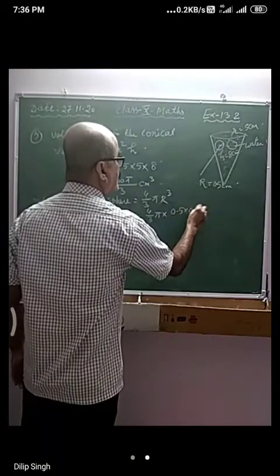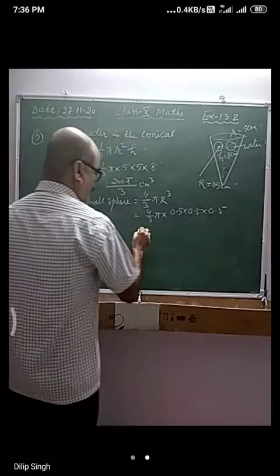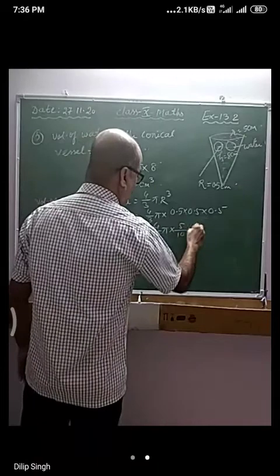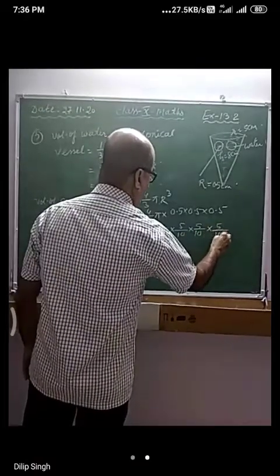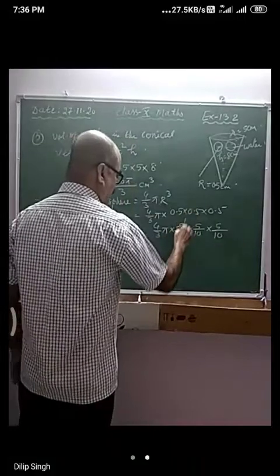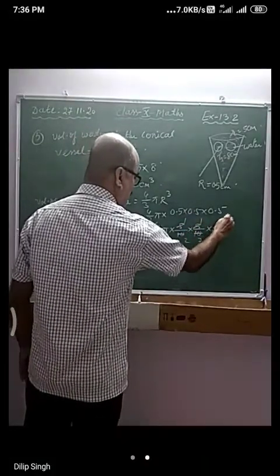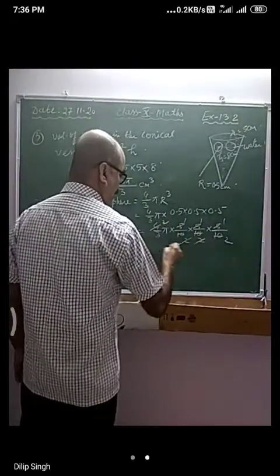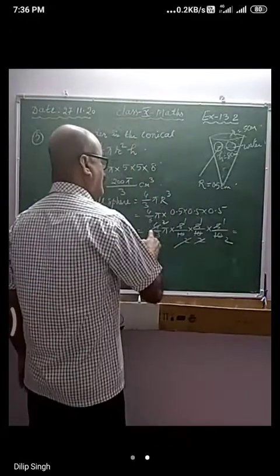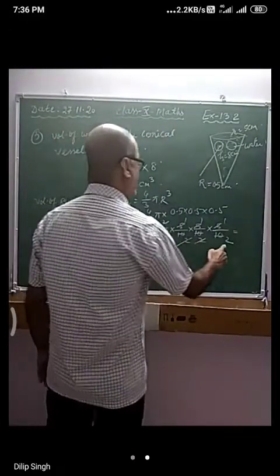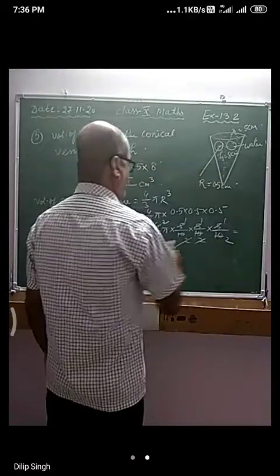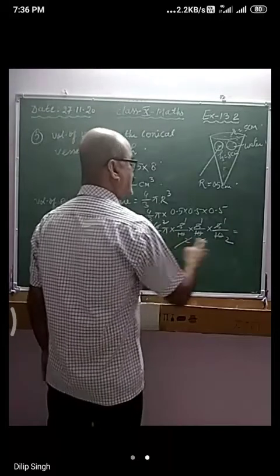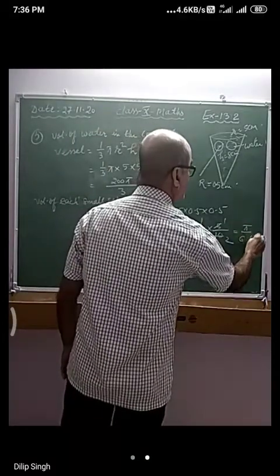0.5 into 0.5 into 0.5. So this becomes 4/3 pi into 5 by 10 into 5 by 10 into 5 by 10. I have removed the decimal. So 5 ones are 5, twos are 5, ones are 5, twos are. And this is also cancelled. 2 ones are 2, twos are, and 2 to cancel. So this becomes what? This will be equal to pi by 6 ना. और कुछ बचा नहीं ऊपर में देखो. Only pi is in the numerator and this is 3 twos are 6, that is pi by 6 centimeter cube.